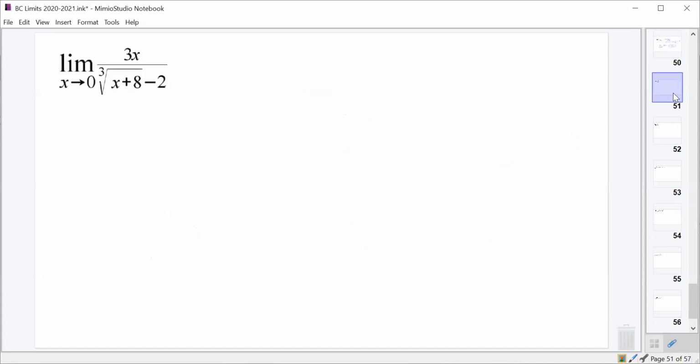How about this one? The limit as x approaches 0 of 3x over the cube root of x plus 8 minus 2. Any thoughts on this one? All right, yep, Shayla, we're going to do a u substitution. What are we going to do a u substitution for? Yeah, Adrian, the cube root, and everything inside of it. So we'll let u be the cube root of x plus 8,